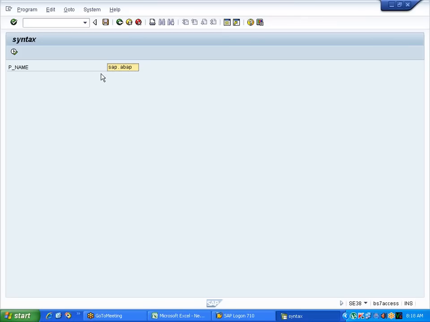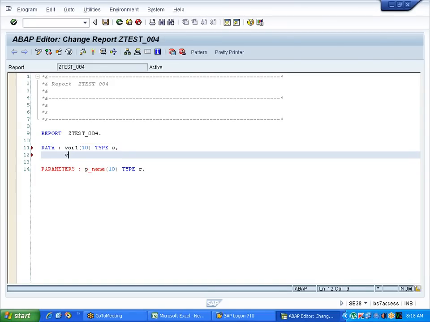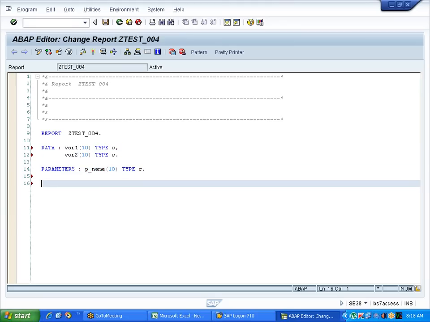How to split? The syntax is like this. Declare two variables, variable 1 and variable 2, because you need to capture SAP into one variable and ABAP into another variable. So declare two variables, and you write the command split. What to split? p_name, because we will give the input in p_name. Split p_name